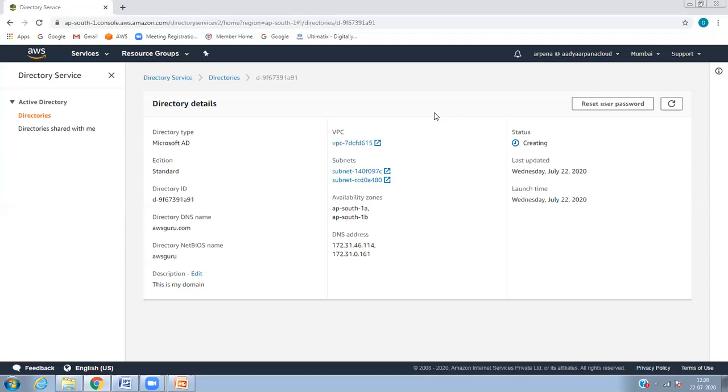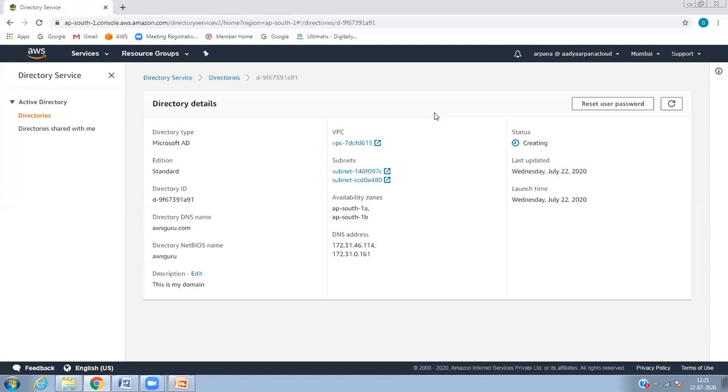I'm giving an example. In your company, how do you log into the system using your AD ID and password, right? When you start the system, you have joined the domain, so you enter the domain name slash your ID. For example, the company name is IBM. IBM is my domain, slash the username is Yuvraj, followed by your password. So that is where your domain controller comes into the picture.